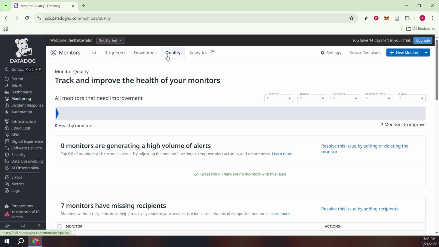If changes were recent, give the agent a moment to report, then review triggered, downtimes, and quality again to confirm